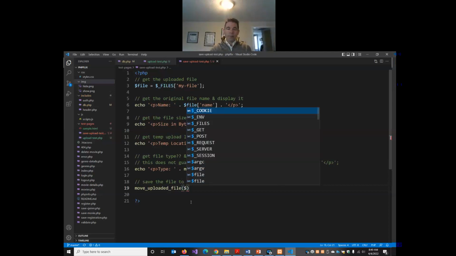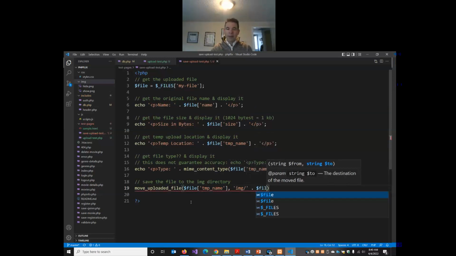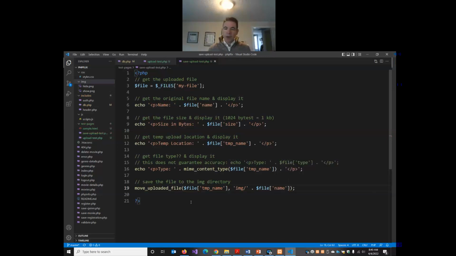So we're moving it from the file's temporary location, and we're moving it to our images folder, and we're going to keep the file name. In this case, we're not going to change it. So whatever the file was called originally, we want it to keep that name. Later on, we'll worry about making sure our files don't get overwritten if there are two files with the same name. But right now, we won't worry about that. So if I upload a file now,